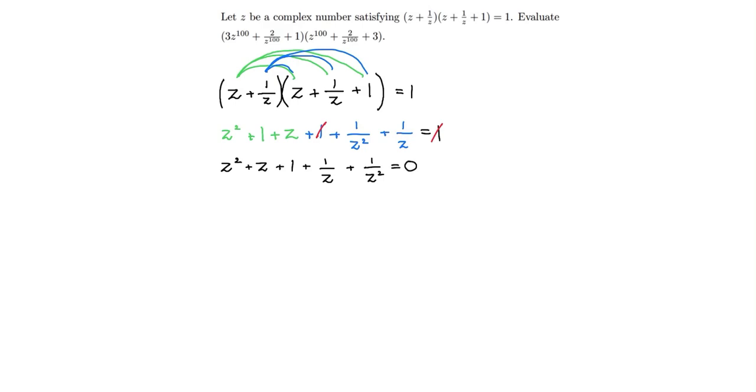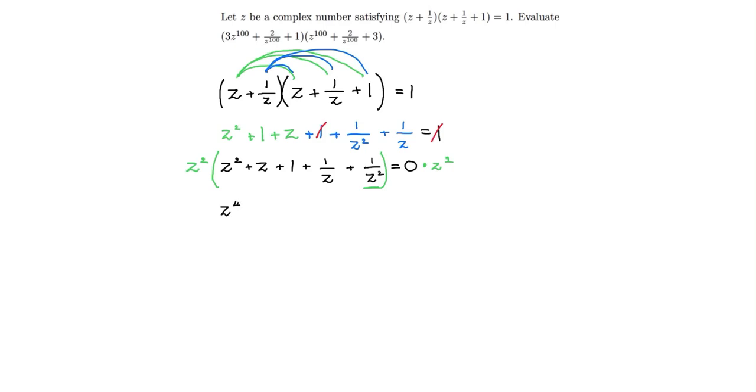Now, we don't really like having this denominator of z squared in our equation, so let's multiply both sides by z squared. And so by doing that, we get